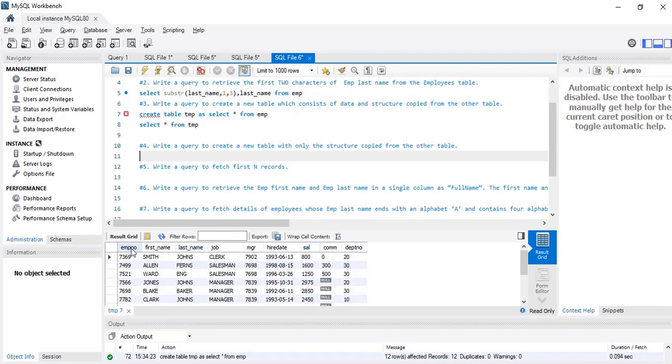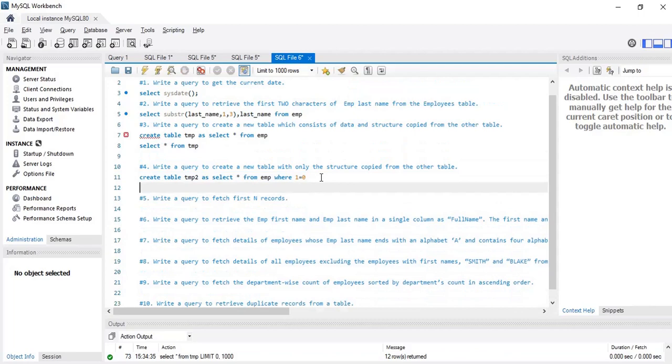So it needs to have EMP number, first name, last name, job, MGR, all these things it has to have, but the data shouldn't be there. So what I'm going to do is I'm going to use the same thing. I'll give another name TMP2 and here I will write a where condition which is false, basically 1 is equal to 0.